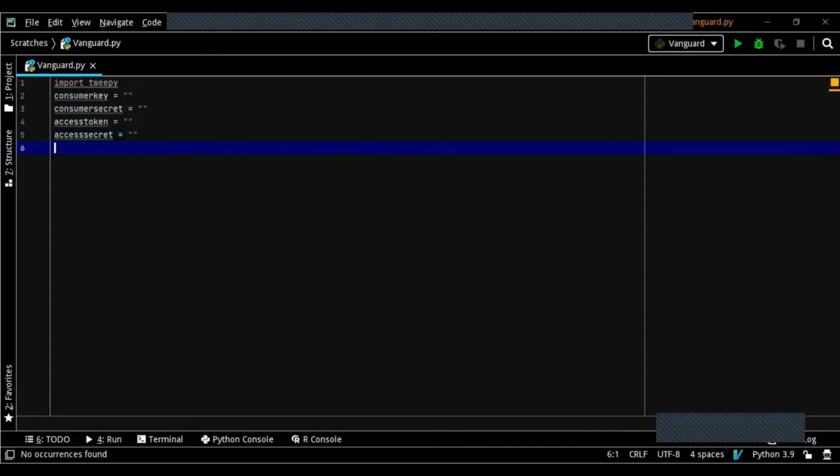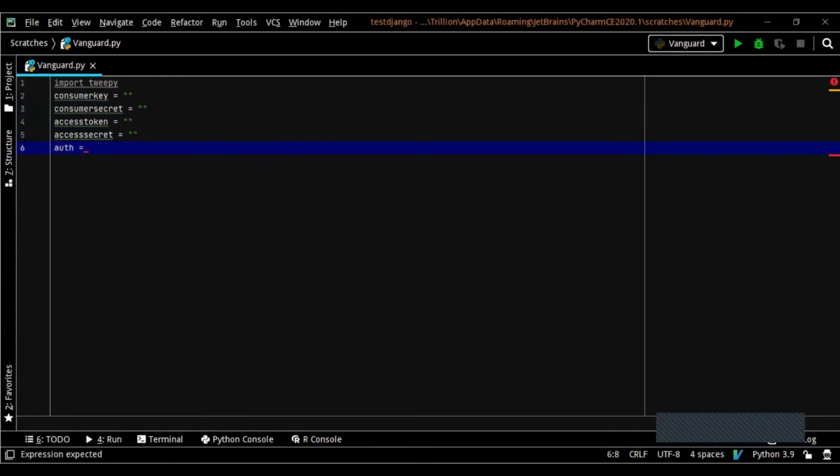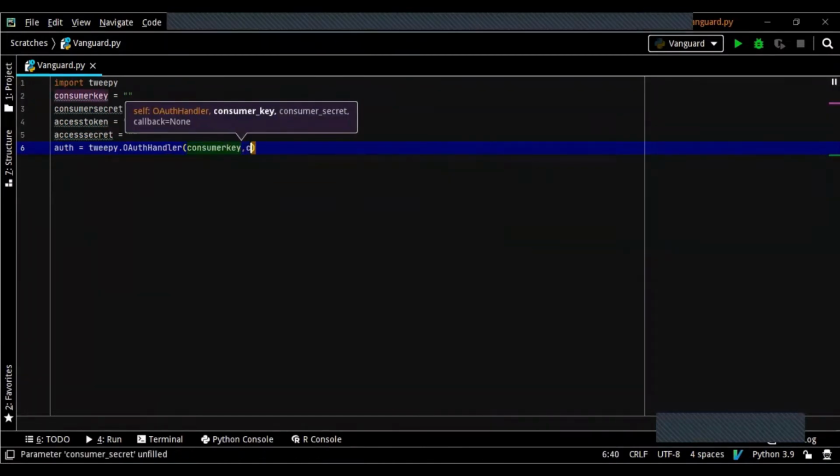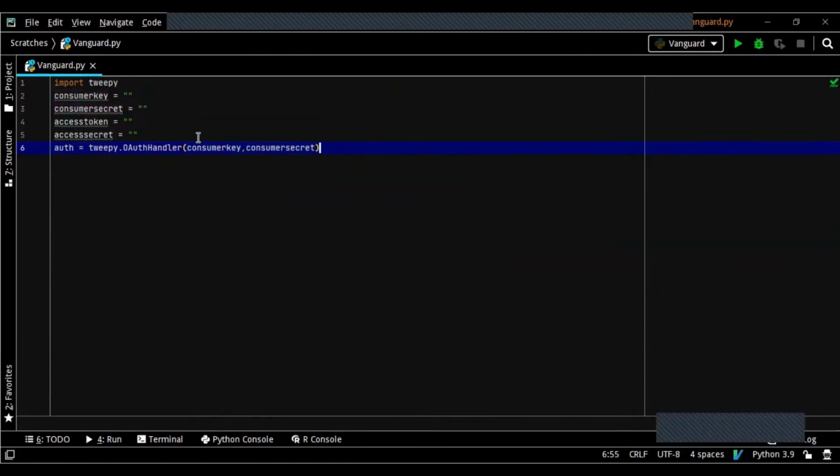So now let's create a variable. We're going to need this tweepy dot OAuth handler. Perfect. So basically this validates the keys and the tokens, and then we can connect this validated information to our API, and then we can start reading. After that, we also have to add the access token and access secret. So type auth